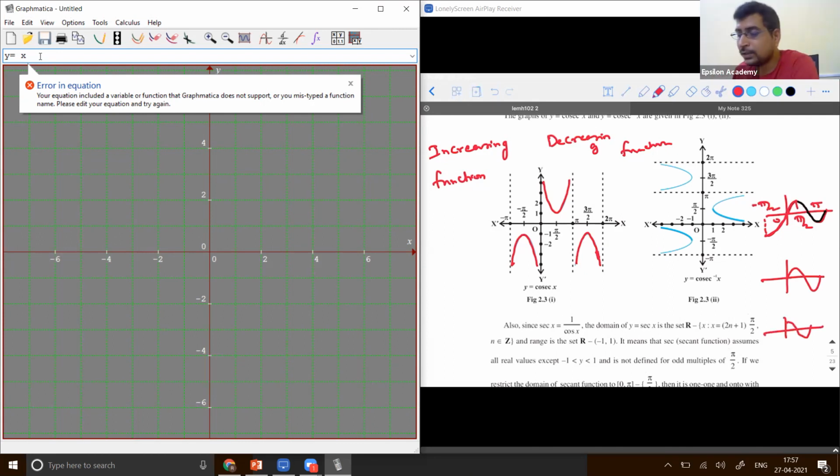Means if it is going down, it is completely decreasing. Now in this case, if you observe, there are only two possibilities. You can either take between 0 to pi or between minus pi by 2 to pi by 2. So if I check this function between 0 to pi, what is happening? It is decreasing and then increasing. Correct?